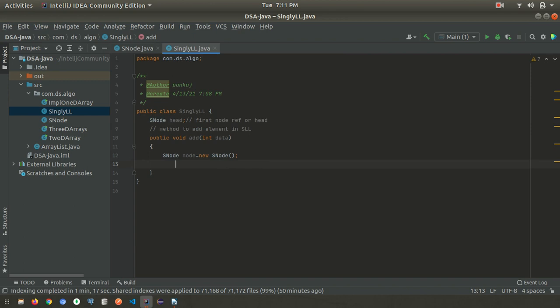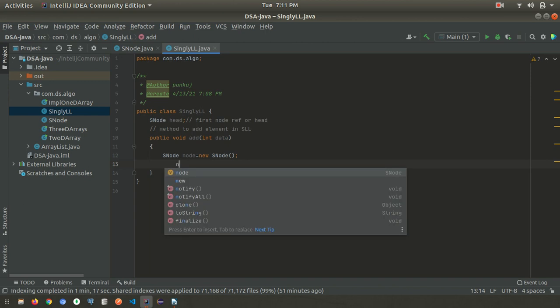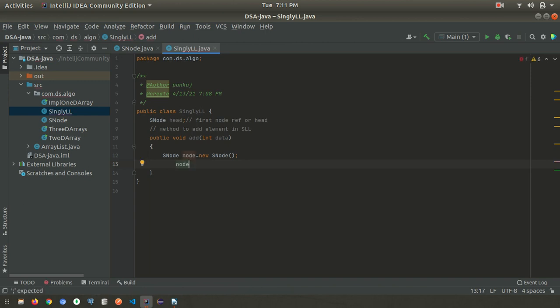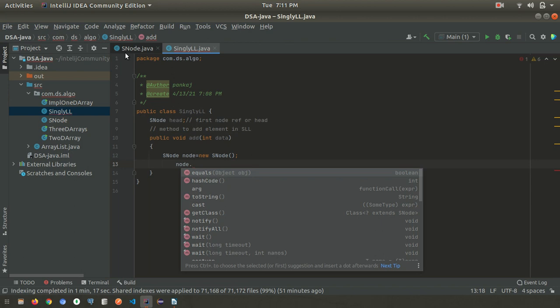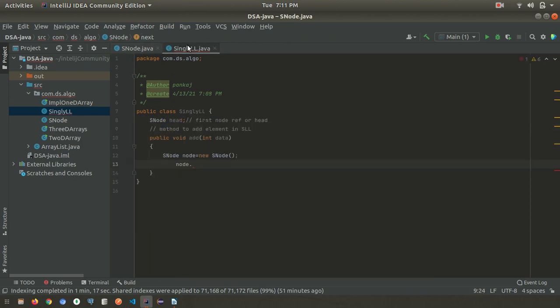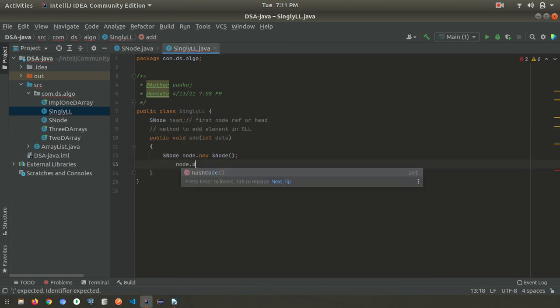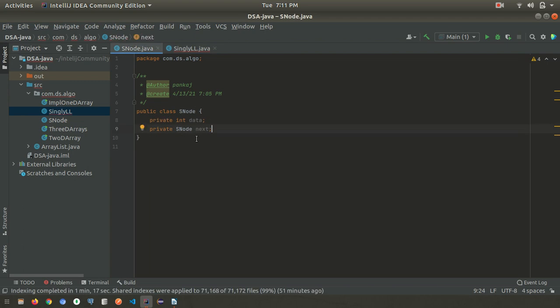So what we need to update is this data here. We can call this node and the reference. What we want to change is the data, so we call it as node, create a variable.